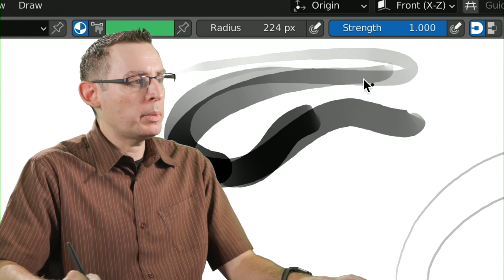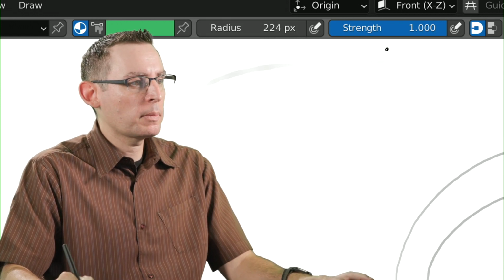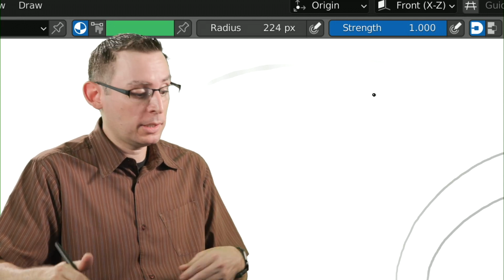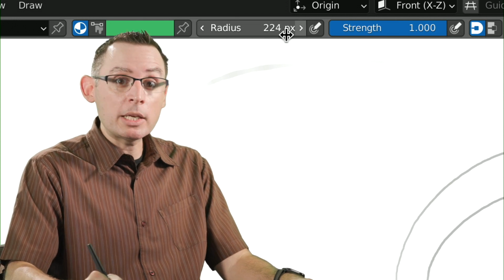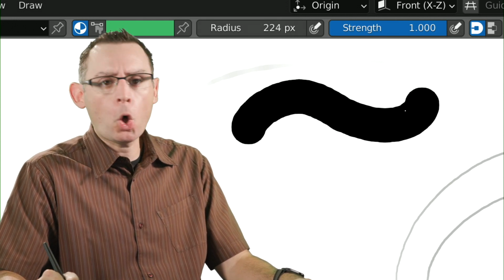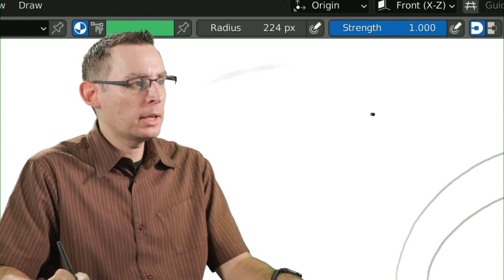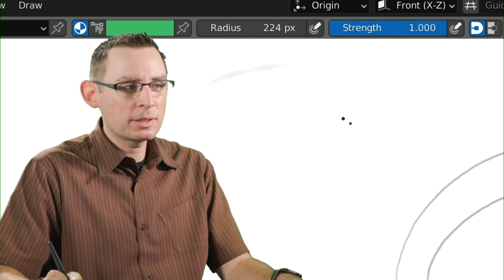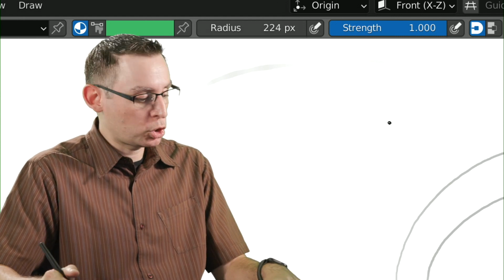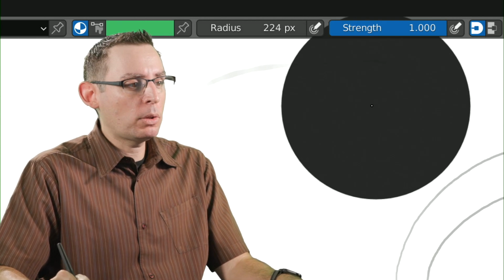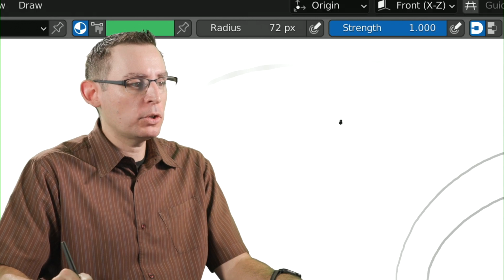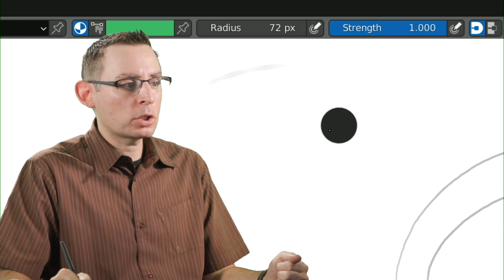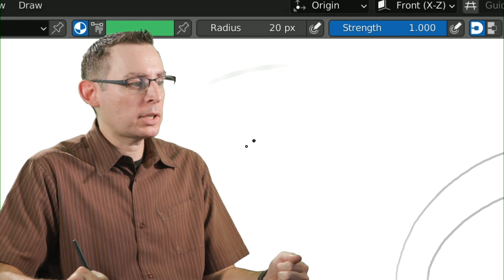In addition to being able to adjust the radius and the strength, I also want to show you a great keyboard shortcut that's going to make you a more efficient artist inside of Blender. We're going to be changing the radius of our paintbrush all the time. It's one of the most common things. Leaving the area that we're working on to change the size of our radius can be a little bit of a problem. So here's a great keyboard shortcut. It's the F key. The F key will allow you to interactively drag left and right with your cursor. Just tap the F key once, and then move your cursor left and right. And we can change the size of our brush.